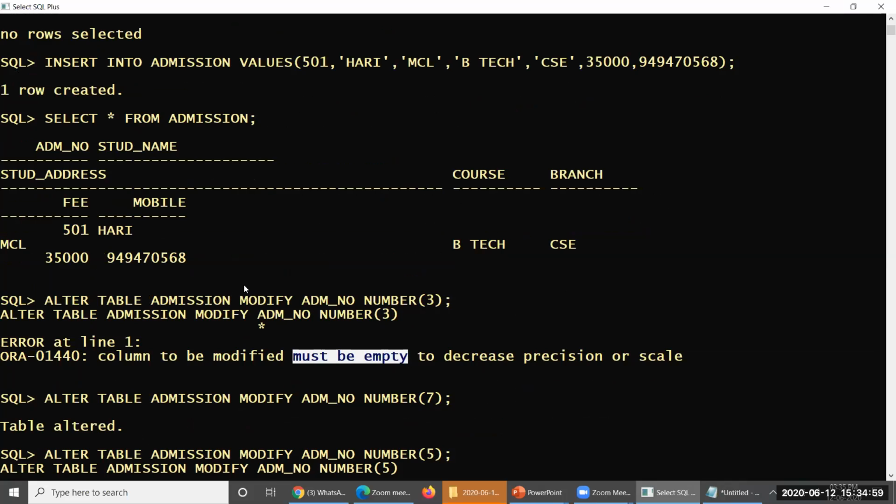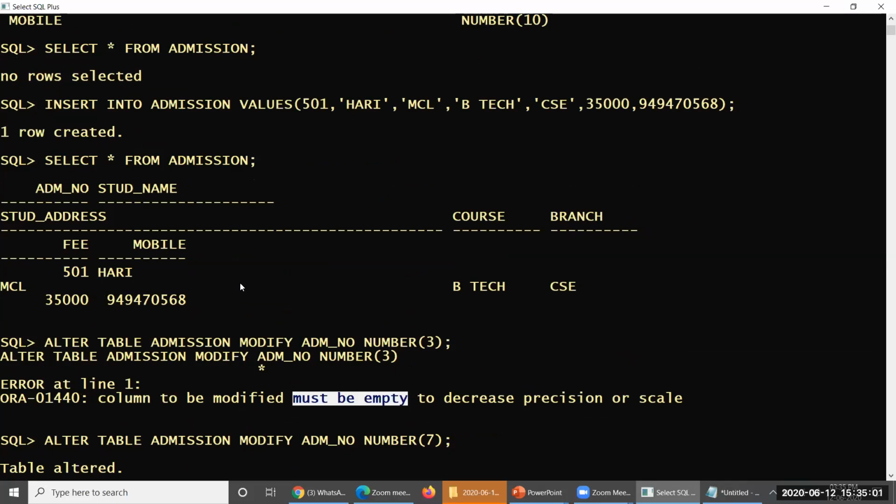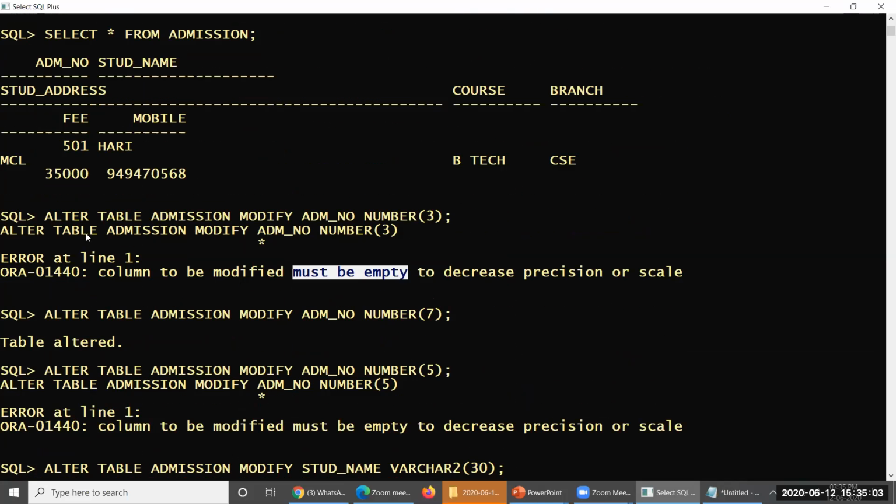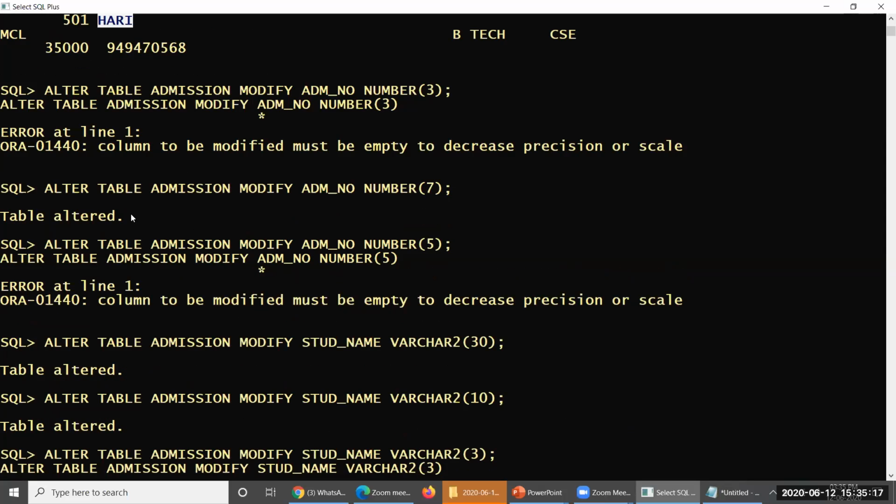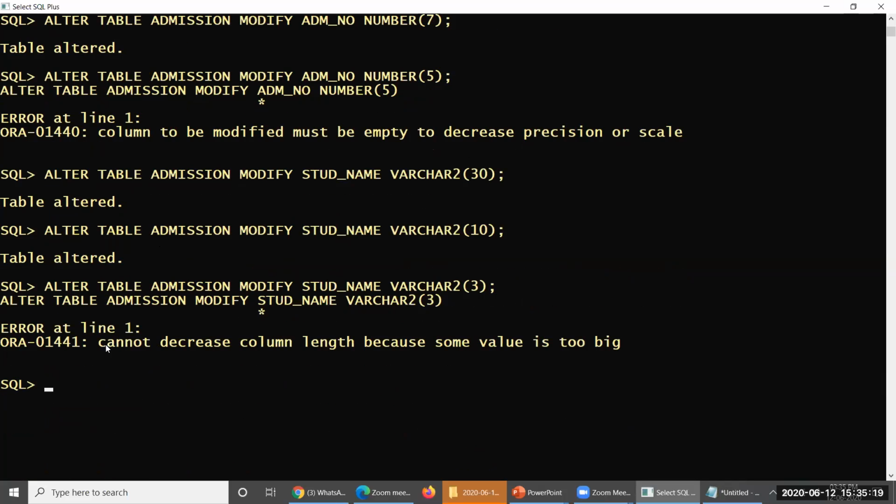Whereas for VARCHAR2, you can decrease the column size up to the maximum characters available in any row of that column. Below that extent, it will display this error: cannot decrease column length because some values are too big.